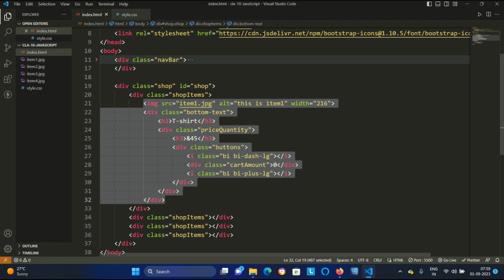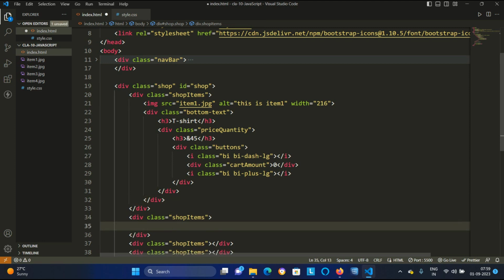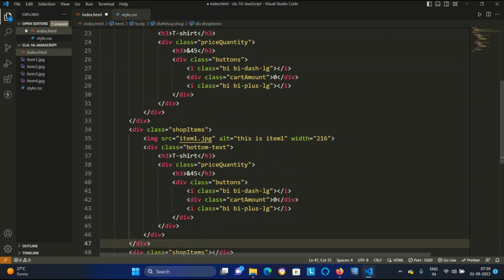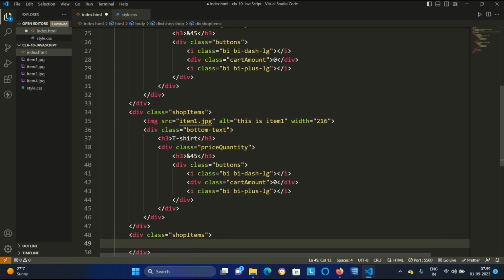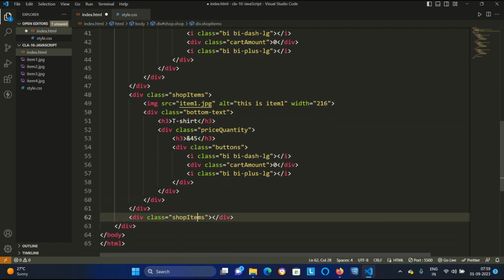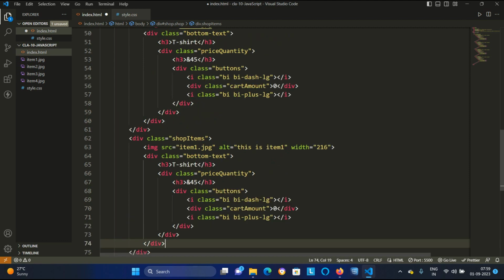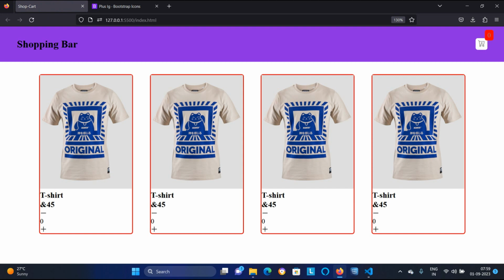So this is the div of that. Before that I will copy it, Control C, and here inside it I will paste, Control V. Here also I will paste, Control V. Here also will paste, Control S, go back. Look, now in all the grids the same image is coming.